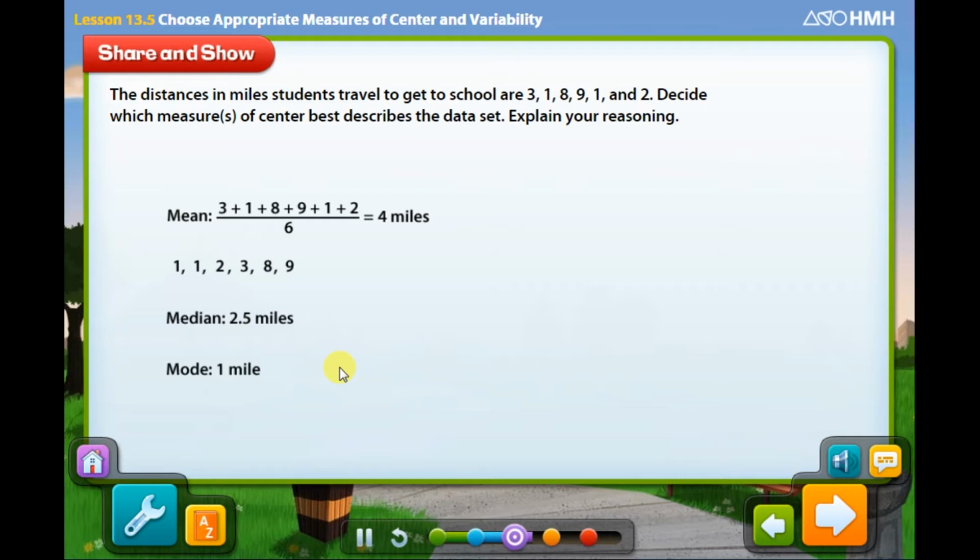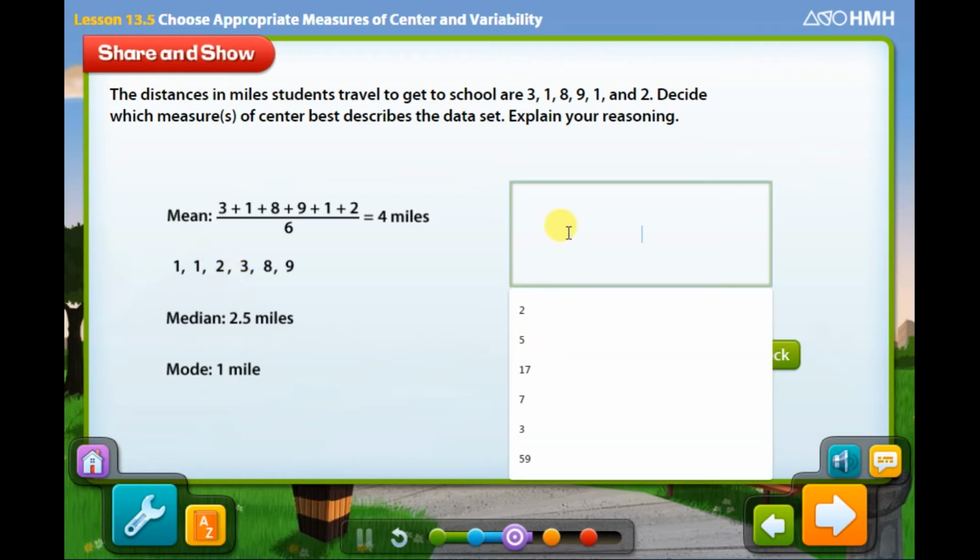Which measure of center best describes the data set? Explain your reasoning. So, let's see. 4 is here, between 3 and 8. Is it in the center of the data? No. 1 is here. Is it in the center of the data? No, it's on the edge. 2.5, it is just there. Is it in the center of the data? Exactly, it is the center of the data. So the median is the best